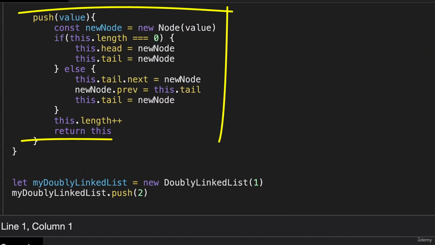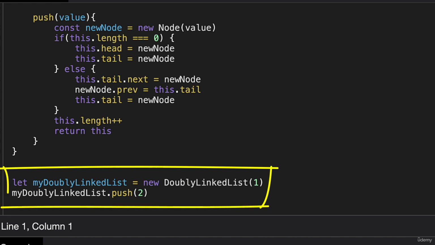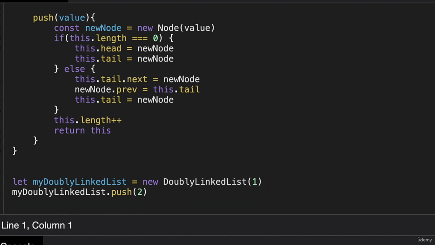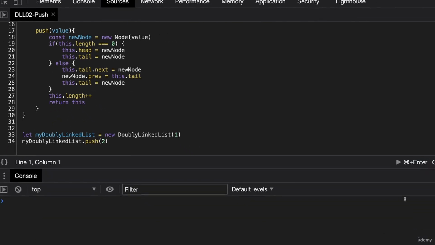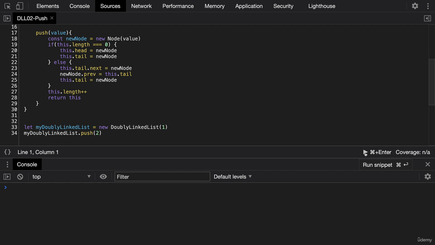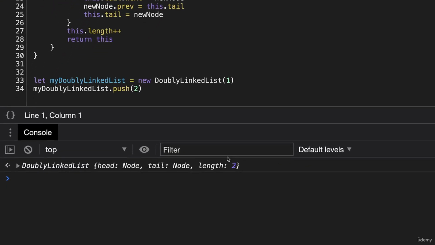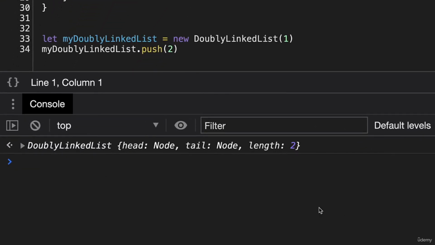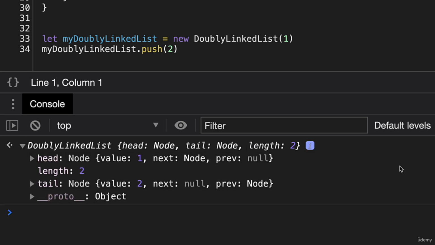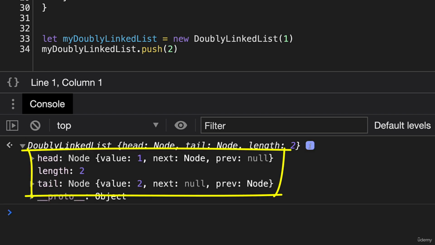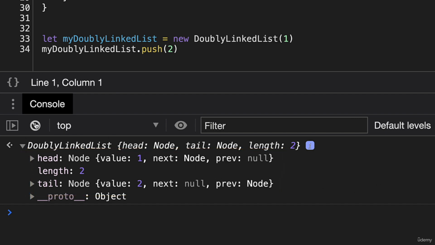Okay, there is our push method, and this is where we're building a linked list with the numbers 1 and 2. Let's zoom out and run this. So I'm going to expand this, and we have a linked list with head pointing to 1 and tail pointing to 2. So I'm just going to clear this,